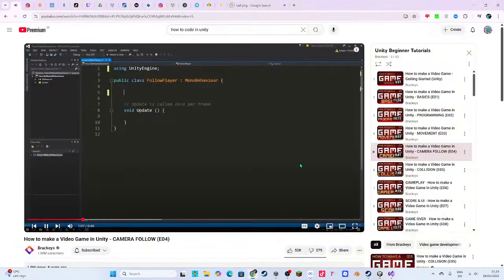Just like when we wanted to move our player, where we wanted to move him a tiny bit each frame, we also want to have our camera snap to the position of our player each frame. So we'll put our code inside of the update method. However, in order to set our